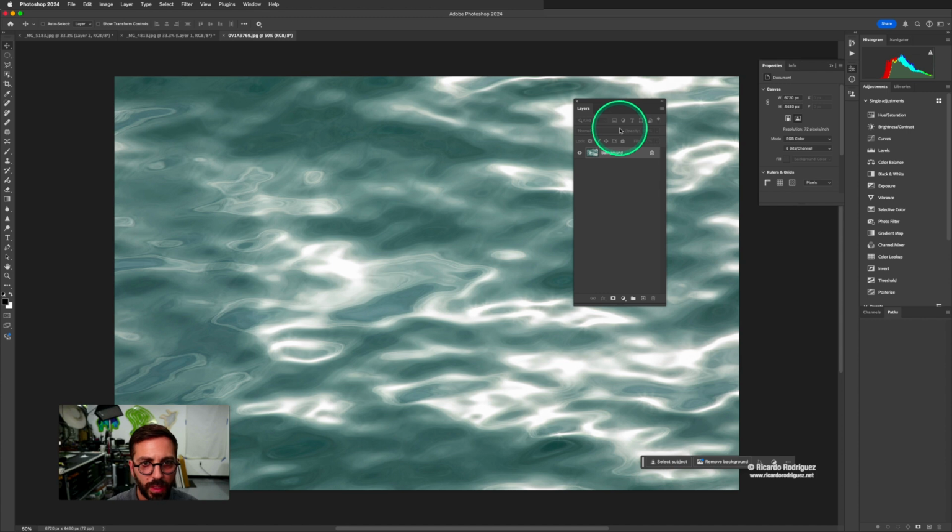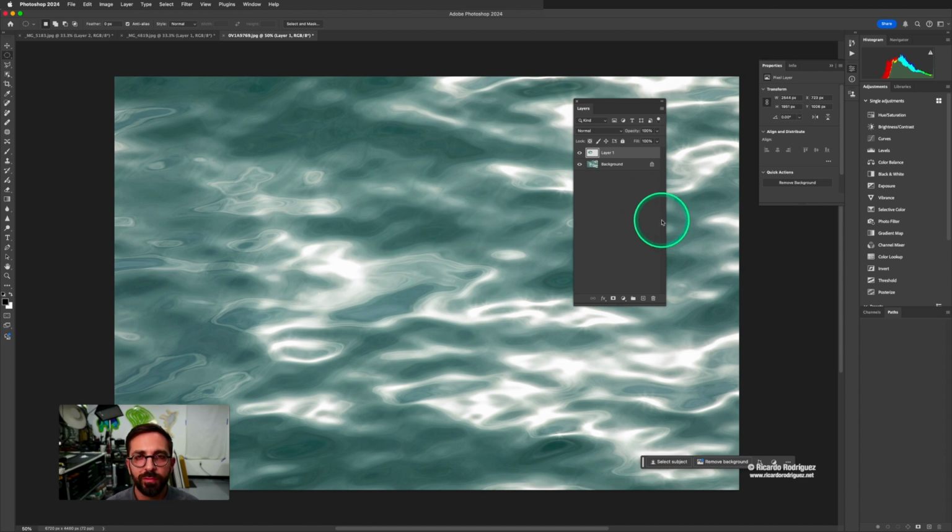So now when I open this one, I'm going to do the circular one again, or elliptical marquee tool. Okay. And I'm going to make the eye a little bit like that. Let's say there. And I do Command J. Remember that if you don't like the selection, you can do Command D to deselect it. There's a couple other shortcuts that you can move the selection, and I'll show you that in another video, but I don't want to overwhelm you. I just want you to have fun with this and not have to worry too much about